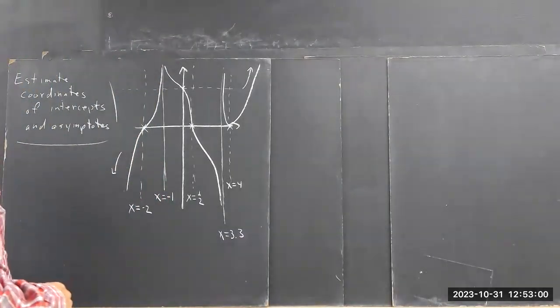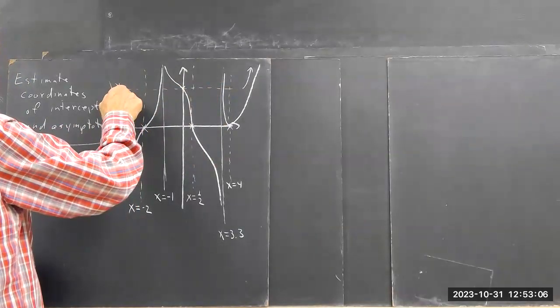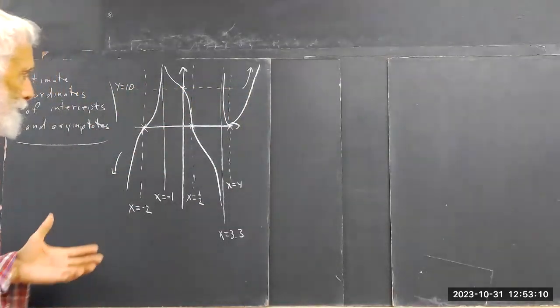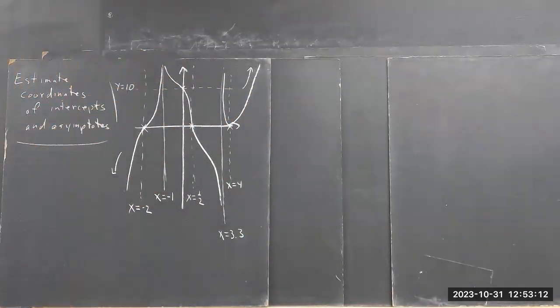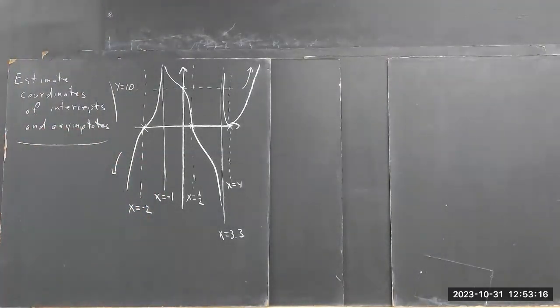Okay, now, second set of figures I saw was 10. So I'm going to use that for the horizontal line here. Y equals 10 on this horizontal line. Now I've got everything nicely labeled, and it becomes easier to construct a graph and especially easier to figure out what the function is. Okay, so